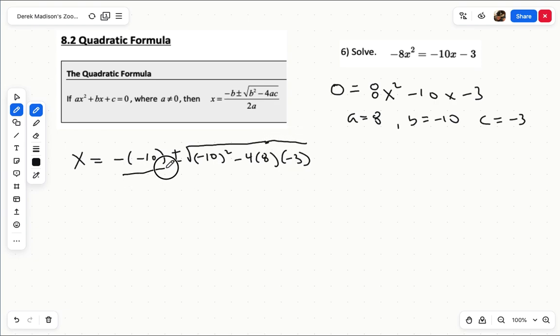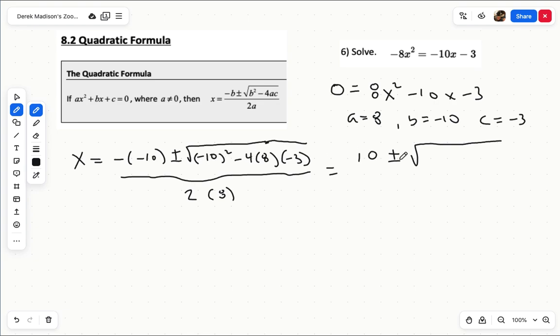And all of that, that was a bad line, let's try that again. All of that is over 2 times a, so 2 times 8. And then from here we just have to clean all that mess up. So -10 is just 10, and then plus or minus